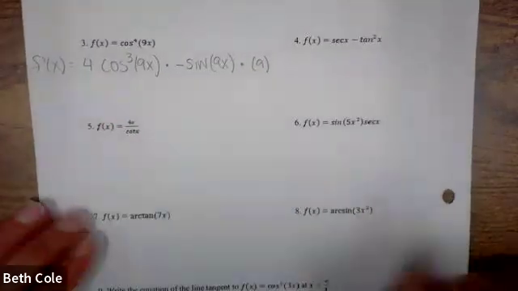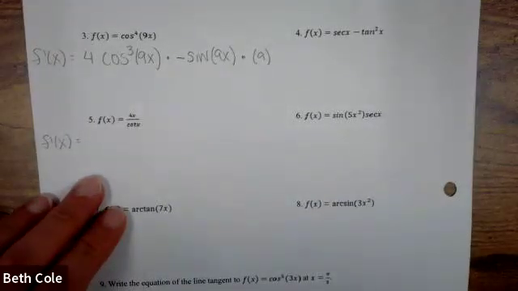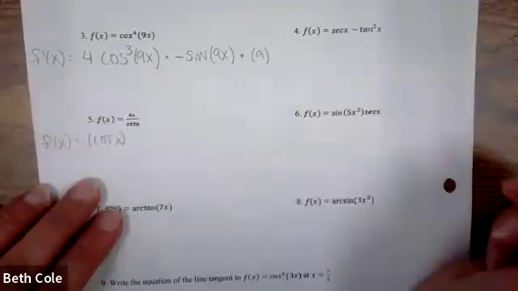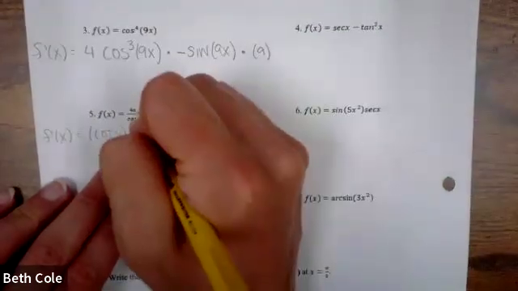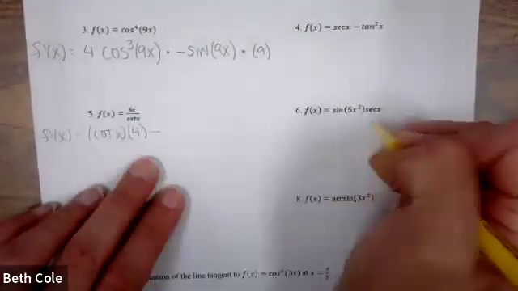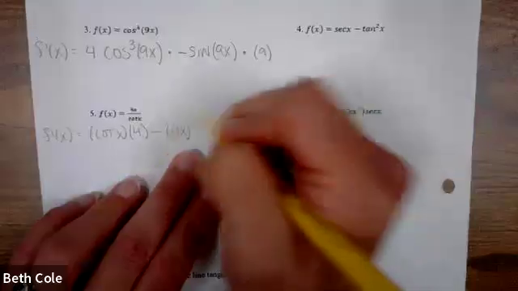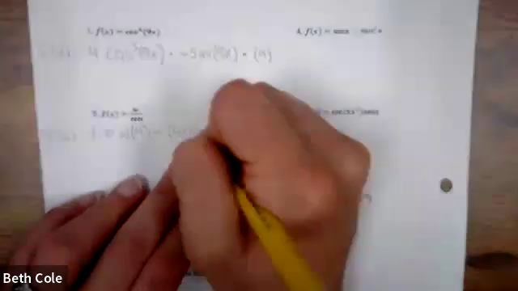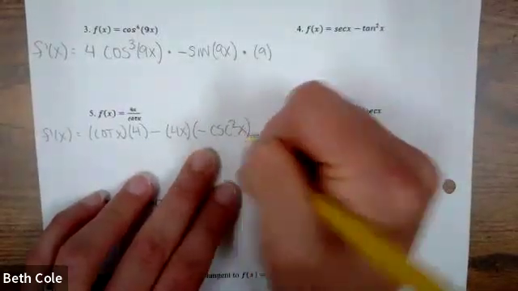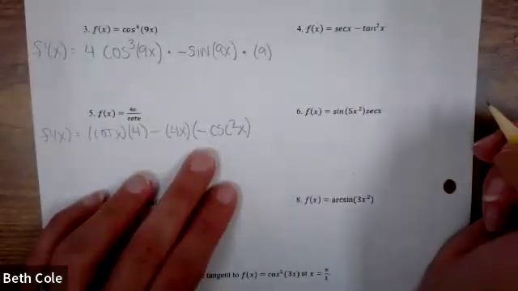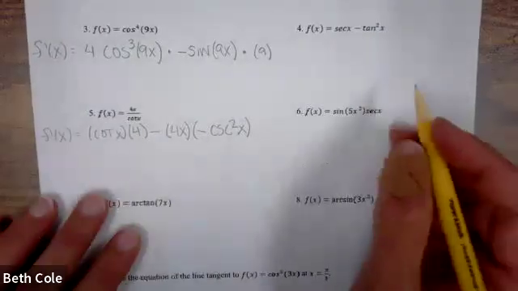Okay? What rule is this one? In addition to being trig, quotient. If you remember where it starts, you will likely get the rest of it. It starts with the denominator. So denominator times the derivative of the numerator, minus the numerator times the derivative of the denominator. It's a co, so it's negative cosecant squared. We just went over it. You don't have it memorized yet. It's a lot. Okay? All right, over